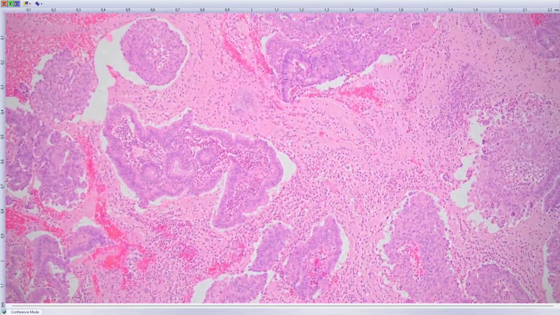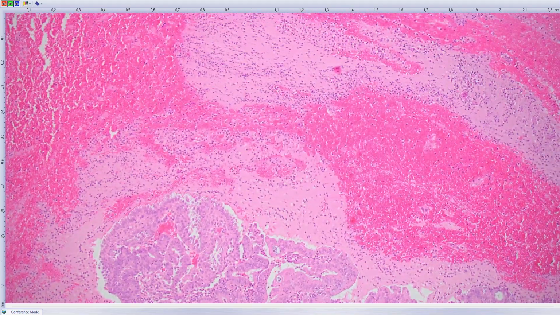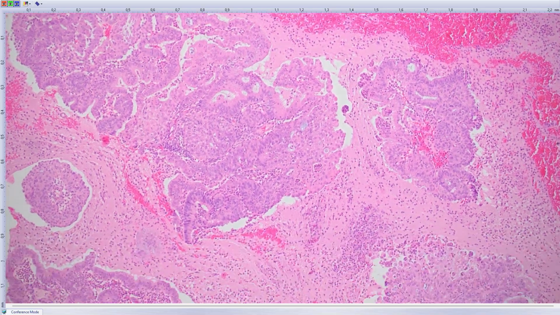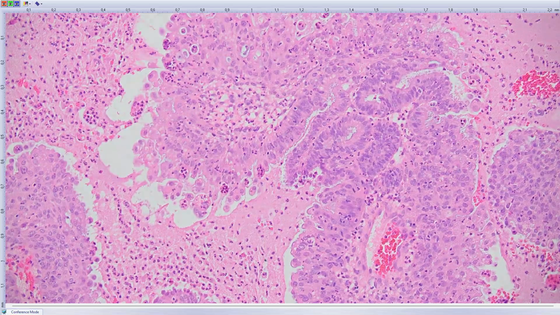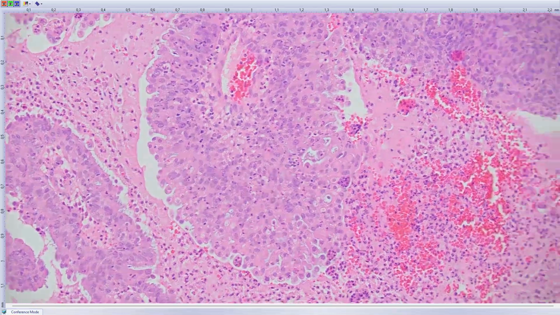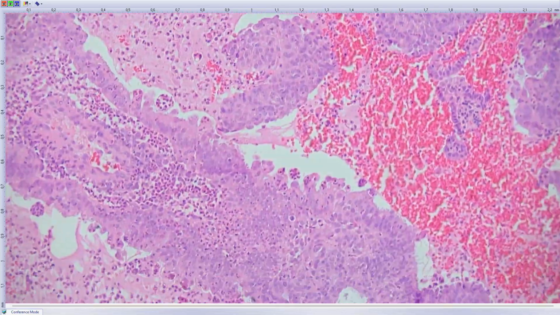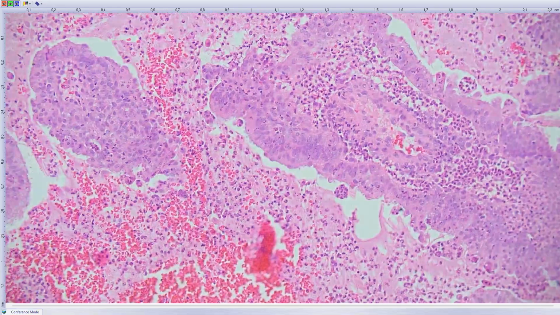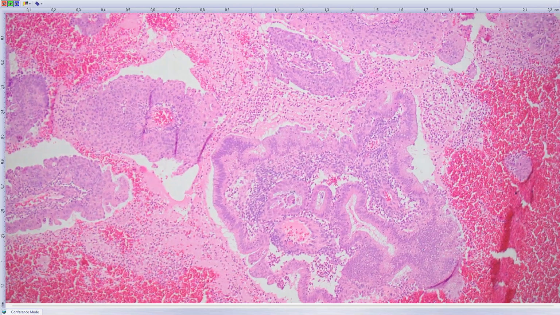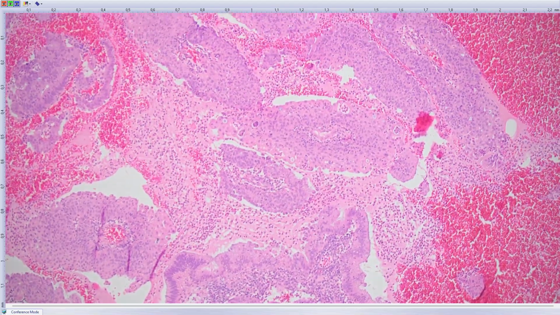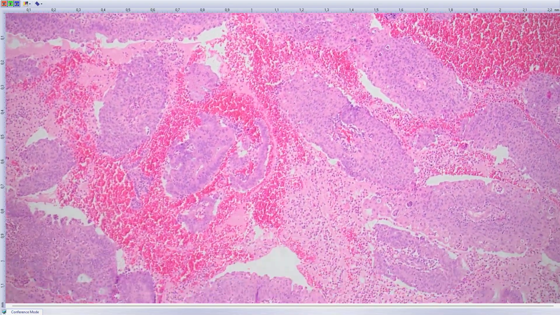But the problem here is that there is abundant neutrophilic infiltration. So the atypia we can see here in this gland can be either neoplastic or reactive. It would be rather neoplastic, but still it is not so clear because of the inflammation. In these situations, if we are not sure if we are looking at reactive changes in endometrium or neoplastic changes,